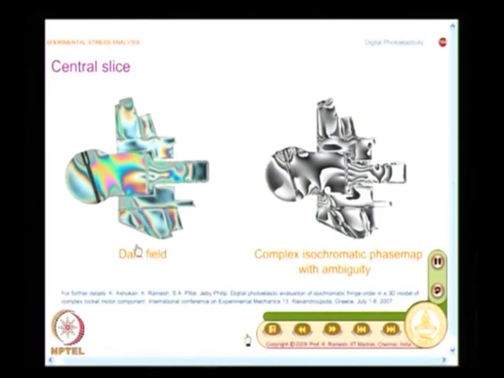And mind you, in a problem like this, what is the slice that I should take is one of the important questions that you should answer, and what is the direction of light path that I should take. All these are issues. You should decide what is the light path that I should investigate, what is the slice that I should investigate, how many slices I require, and there has to be a very careful planning of the slice.